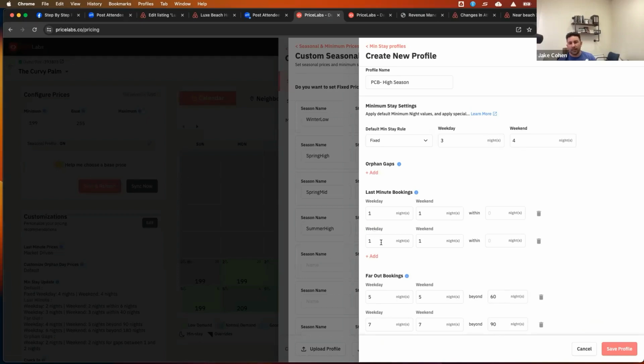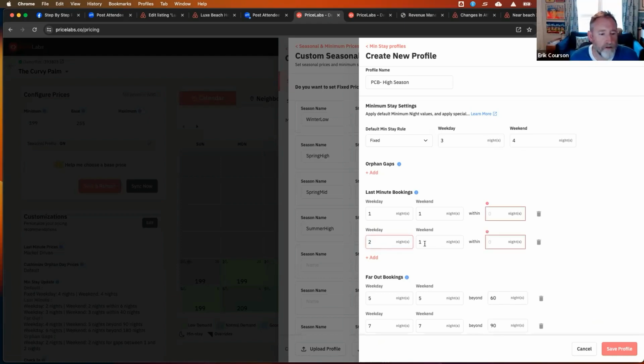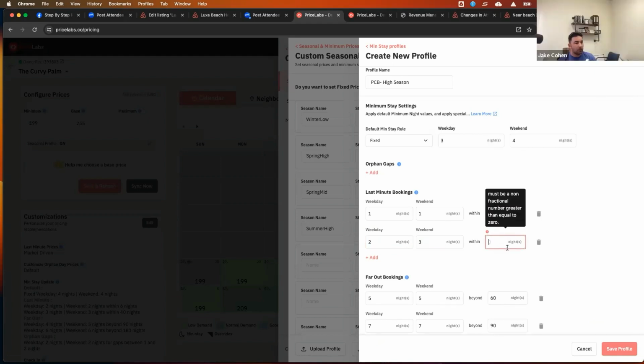You don't allow 1-night stays, correct? No, I mean, I've put a few on the calendar kind of randomly at slow times just to potentially help in search results. I don't know if it does, but for the most part, I don't. Okay. So then we're going to drop from a 3-4 to a 2-3. So 2 midweek, 3 weekend within,